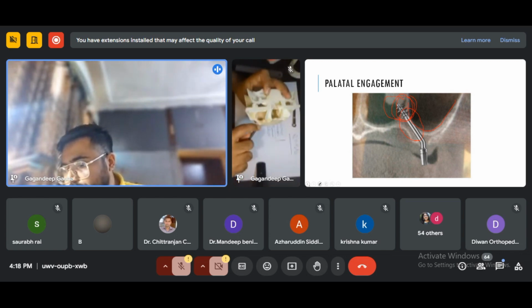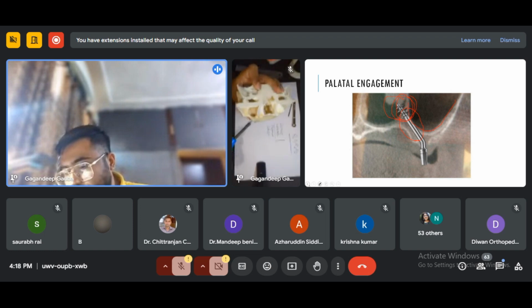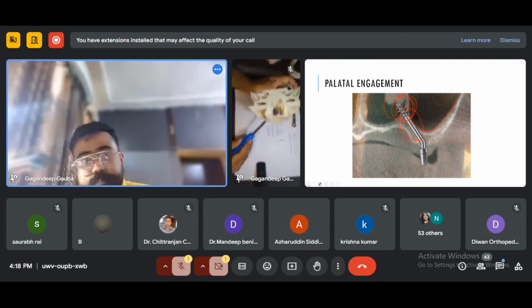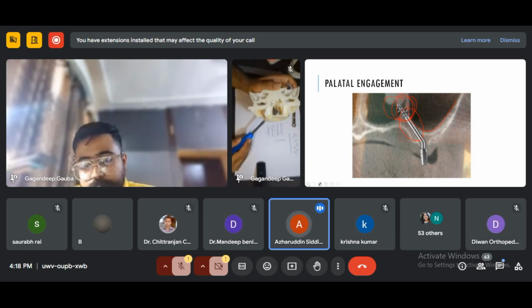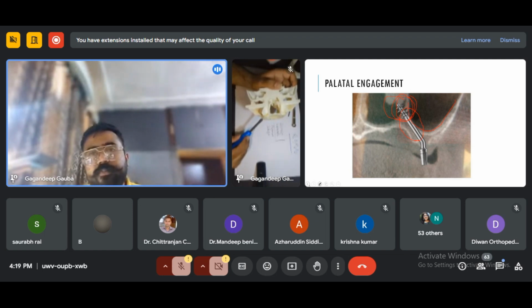So in these cases, the other implant I was telling about, the tornado, becomes very viable. Okay, and I will engage it now. Sir, it will not penetrate the sinus. Sir, it will not penetrate the sinus wall. Sir, that depends on the anatomy of the patient, right? If the sinus is pneumatized till the crest and there is no bone available, not even 4 or 5 millimeter of bone available, then you have to perforate the sinus. And because the other implant is also a smooth surface implant, they are indicated for sinus perforation. There will be no problem in perforating the sinus,